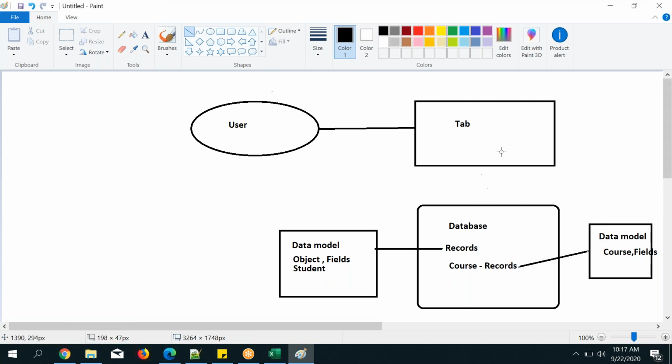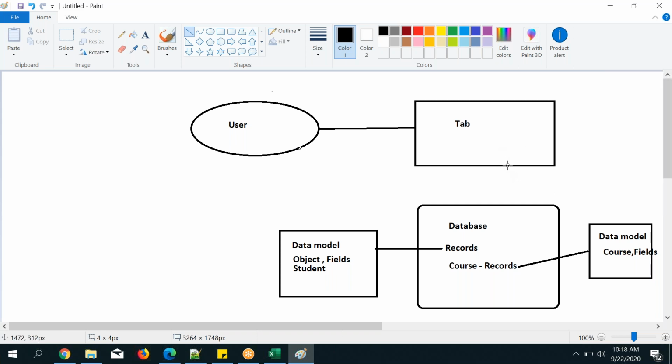So let's see here, guys. Actually you have created one object here, so I can say it is a data model, object and fields created. And for objects and fields you created records. Think in that way. Those records will be available in the database. And if you want to see with your eyes, the user can't see the database, it cannot be possible. So how can he do it? And if the user wants to create records, the created records will be available in the original database. But how can he create records?